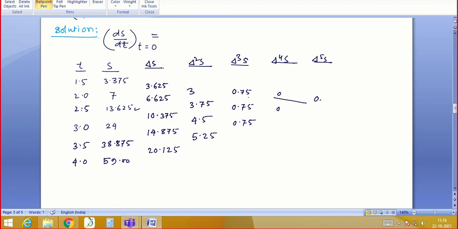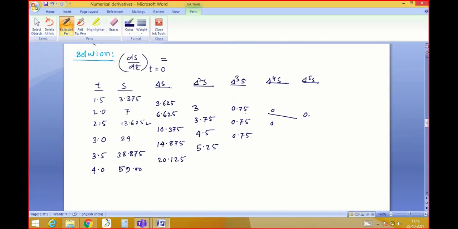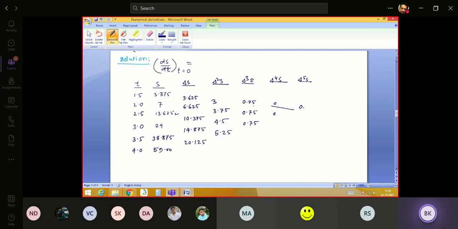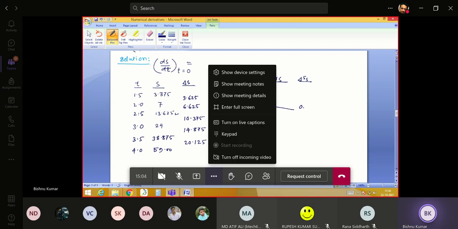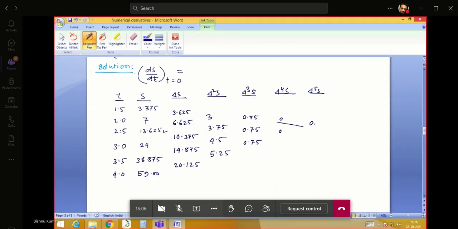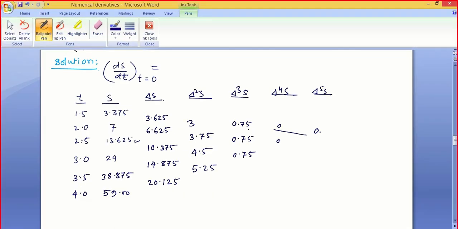Maybe we have lots of points, meaning 6 points. But by watching that, initially you would say we can approximate a maximum fifth degree polynomial. But after doing the calculation, we see that the third difference is constant, which means our approximated polynomial will be exactly a third degree polynomial. Okay.